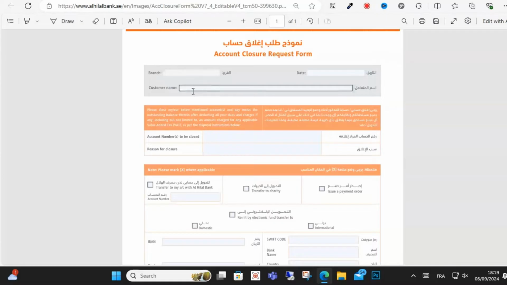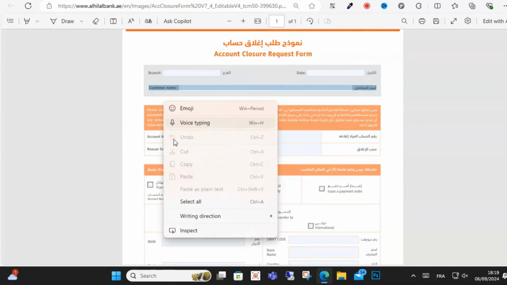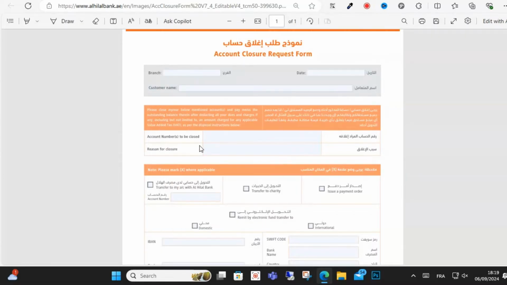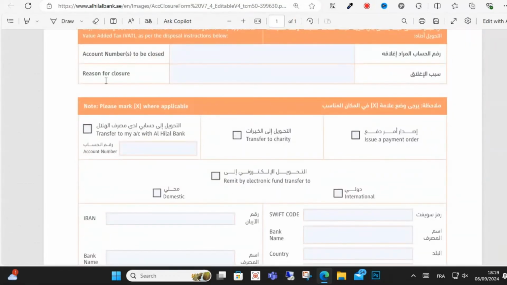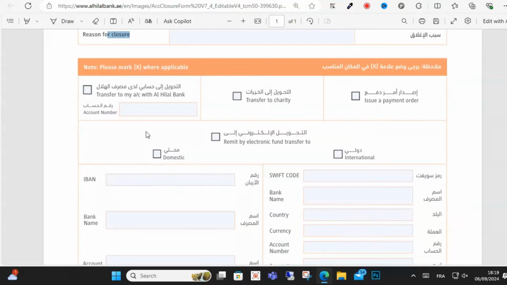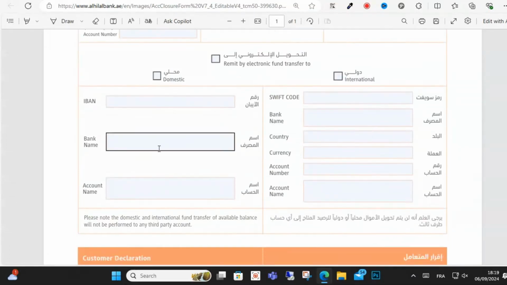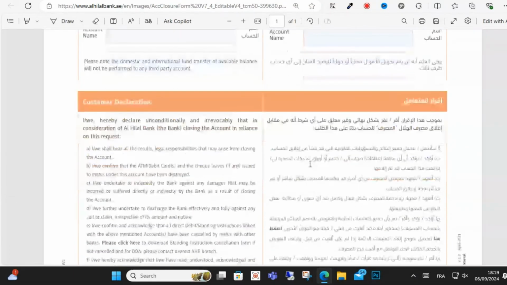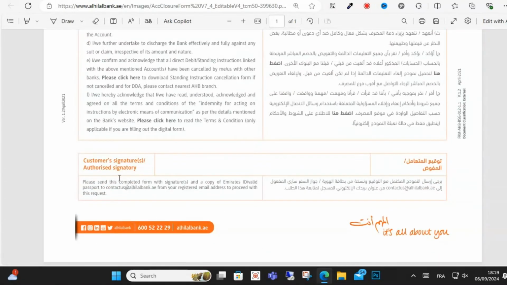Fill out the form, guys, with this information: customer name, as you can see here, and account number, as you can see here, guys, and the reason for foreclosure, as you can see here, and write account number, IBAN, bank name, and all this information, guys. Fill it out, then complete it and sign here, signature, as